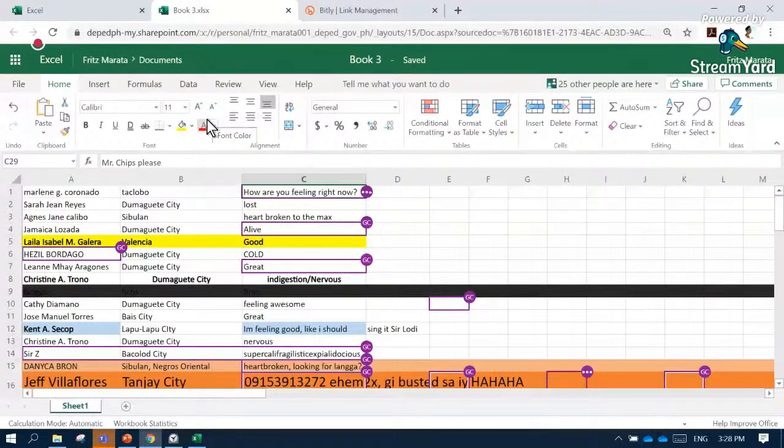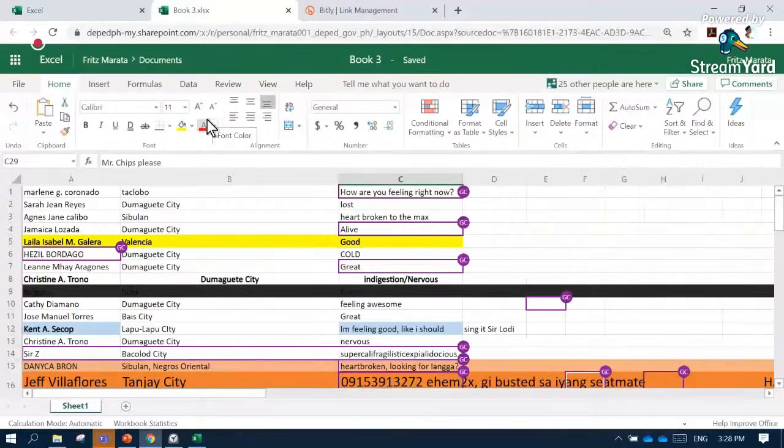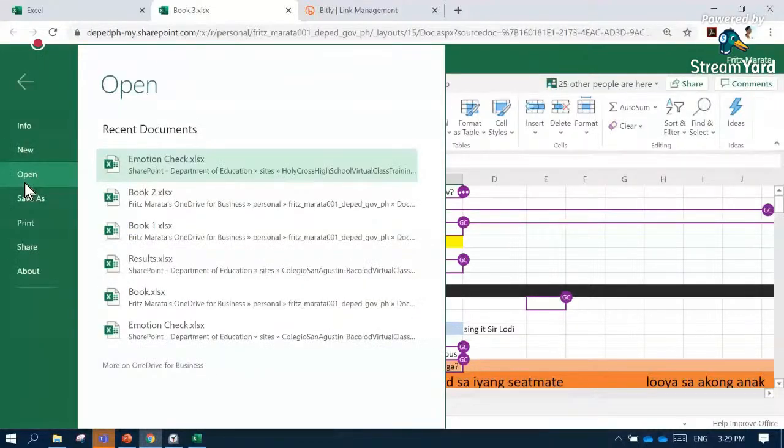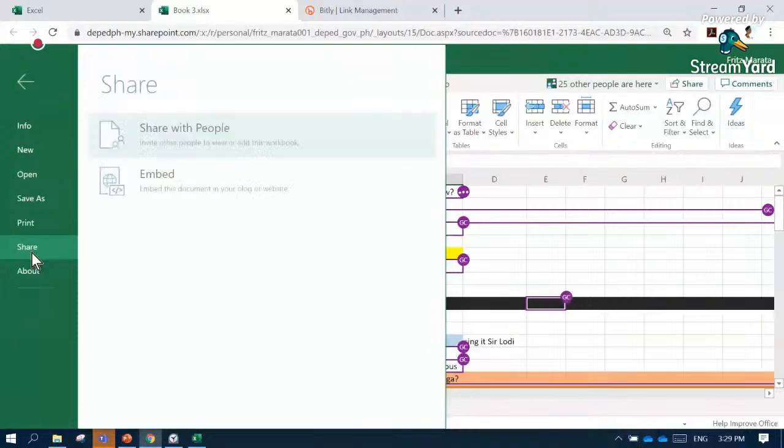We can open the workbook in the desktop application and still get updates in real time. So you don't have to download a separate updated workbook every now and then. As long as it is saved in your OneDrive folder, updates and changes will automatically be carried once you open your file again. So isn't it amazing? So we can actually do that. You can just go to File and then Share.